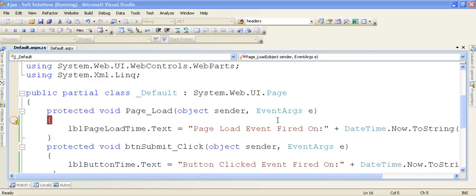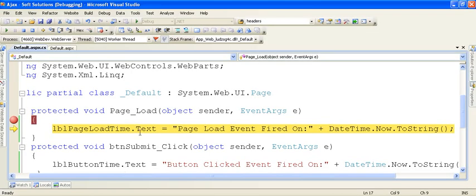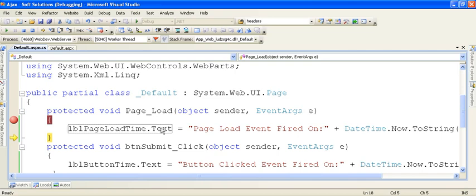Now you can see one thing. When this code runs, for the first time the page load event fires and the value of the label control changes and it will display the current date time.